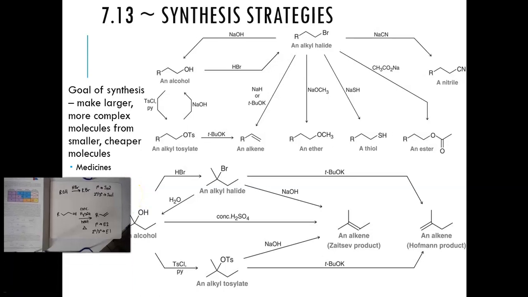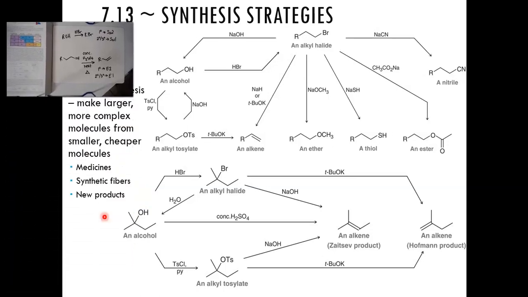So this is the start of it. Because we've now learned 4 pathways, we can start with something with a good leaving group and attach all of these different functional groups to it. Or we can create an alkene, and then as we'll learn in our next chapter, we will have a whole list of reactions that we can do with alkenes. And as we learn in future chapters, we will have a whole list of reactions we can do with ethers and esters and so on. So this is the start of how we can organize these reactions or view these reactions as connected to one